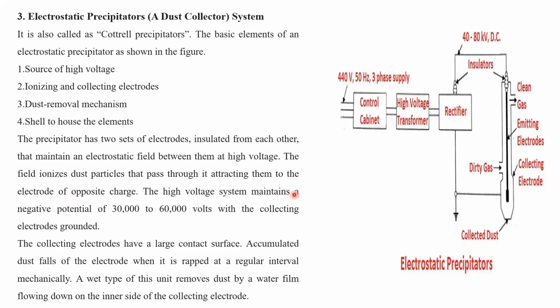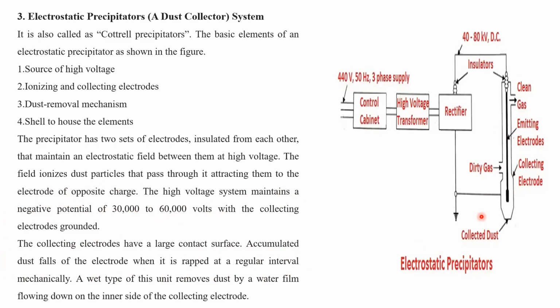The high voltage system maintains a negative potential of 30,000 to 60,000 volts with the collecting electrodes grounded. The collecting electrodes have a large contact surface. Accumulated dust falls off the electrode when it is rapped at regular intervals. Rapped means there are rappers, hammers. The hammers hit these collecting electrode plates and emitting electrode plates,